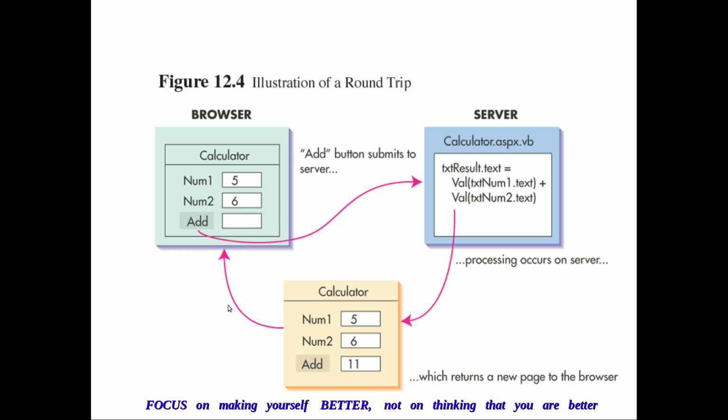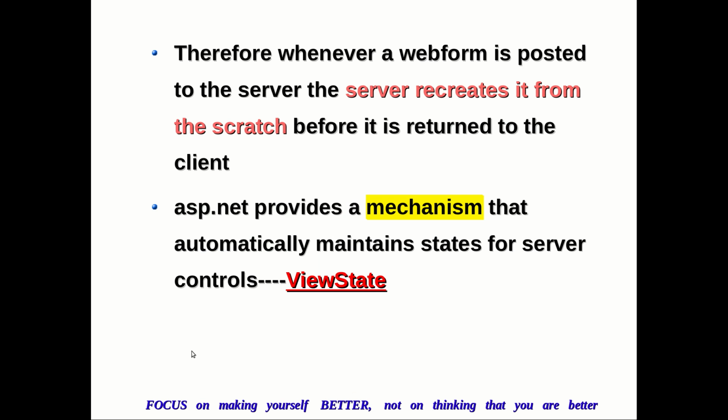So this is what I have shown you now as an example of remembering the values 5 and 6 also in these two text boxes, apart from calculating the new value. So the new value can be added, not only the new value, but the previous values which are given to the server should also be remembered, which is done generally by the view state. So therefore, whenever a web form is posted to the server it recreates it from the scratch before it is returned to the client. The ASP.NET provides a mechanism that automatically maintains states for server controls, which you call as the